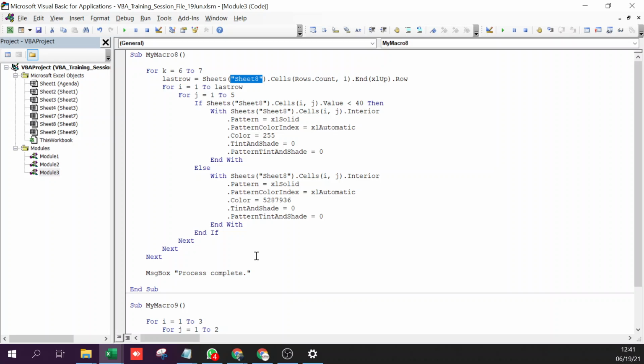So you replace this whole with the index of the sheet, which is the number of the sheet, which is K in this case. Yep, Vikrant, you're right. And this K should not be in double quotes because this is a variable. It has to be without double quotes.